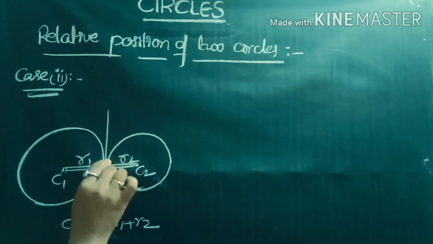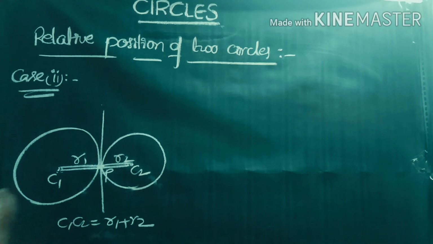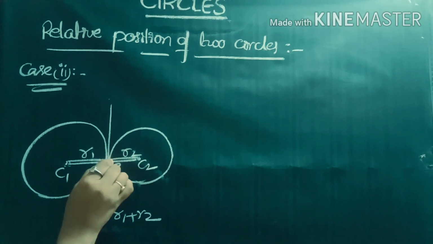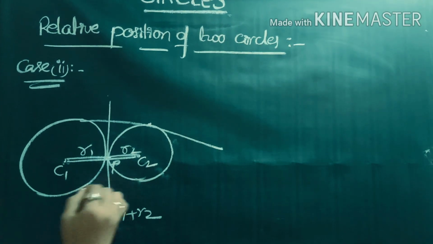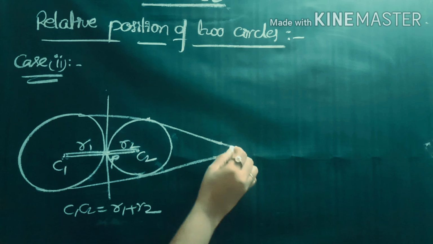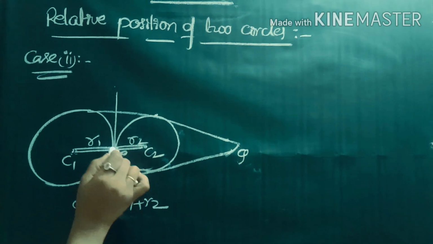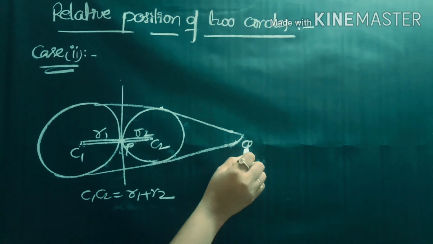Now this is the common tangent, the tangent at the point of contact. Here this point of contact is taken as P. The internal center of similitude is called the point of contact here. The next two tangents are the common tangents, and the point of intersection of the common tangents is taken as Q. Here the internal center of similitude P becomes the point of contact. This is the external center of similitude.